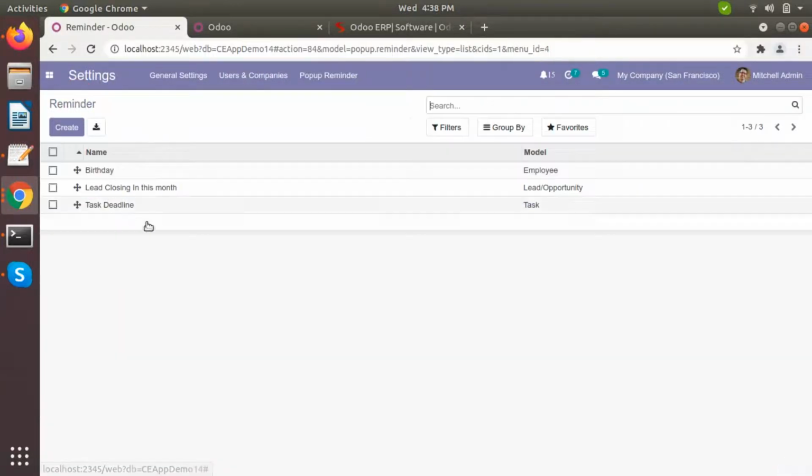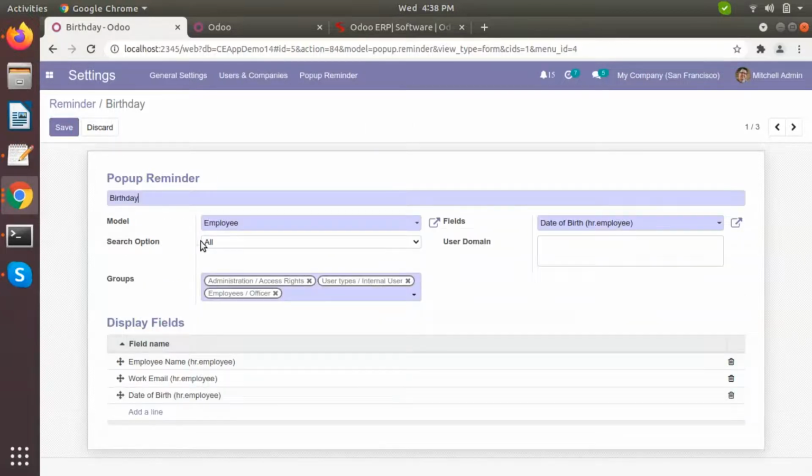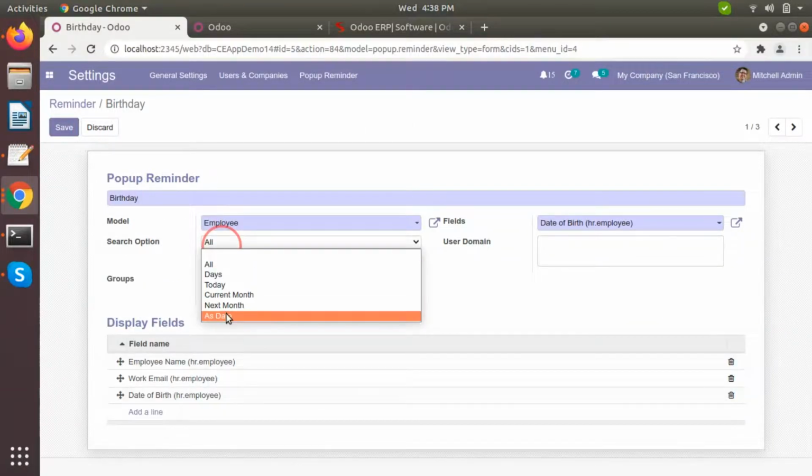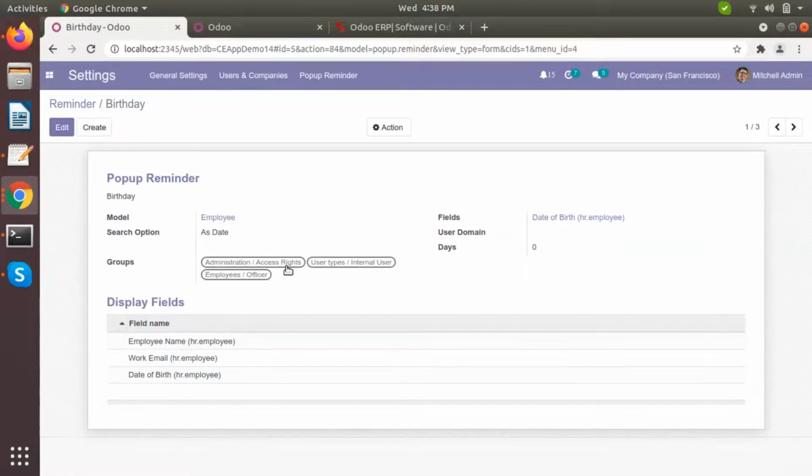Now we have created another reminder based on birthday. So if there are any birth dates coming in, they can also be shown. Here we can show different search options, like on which day, as date, and how many days we want to show. So I'm going to simply save this.